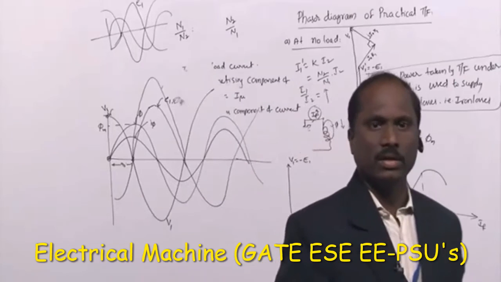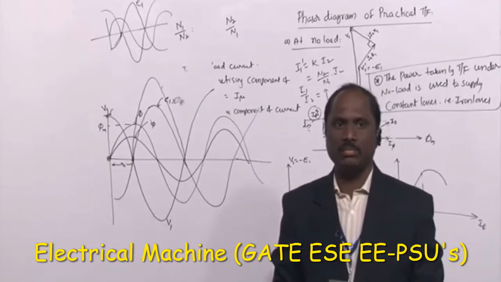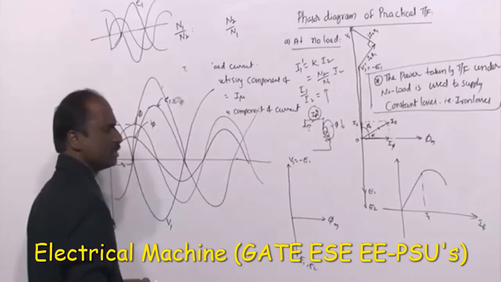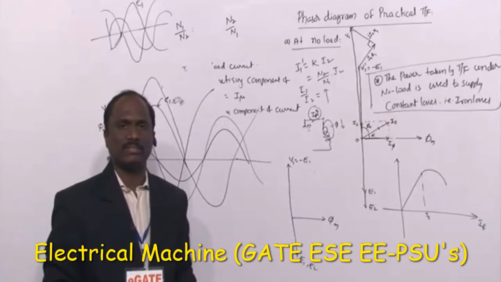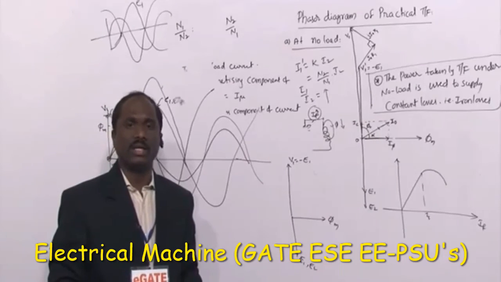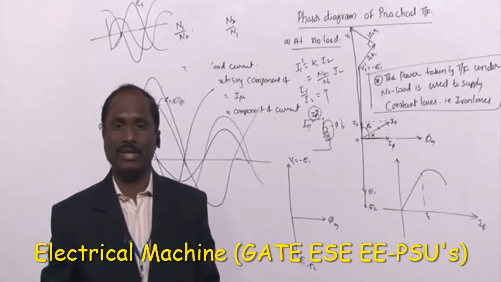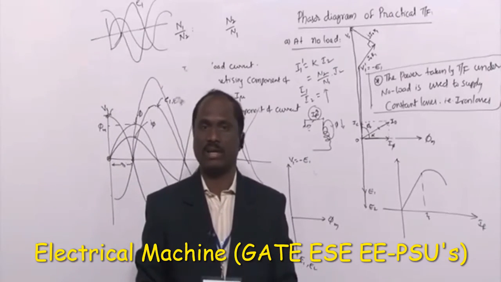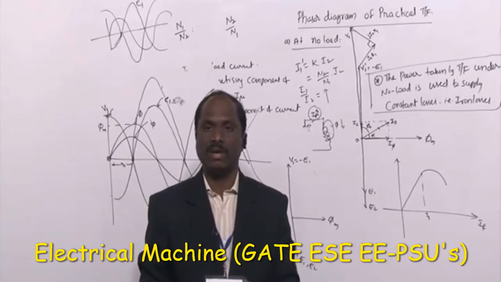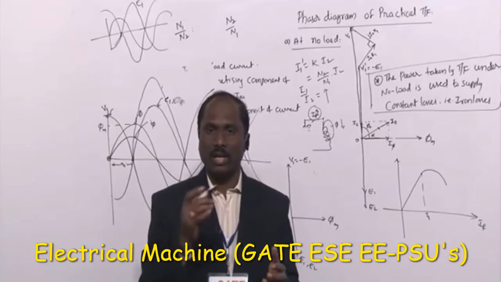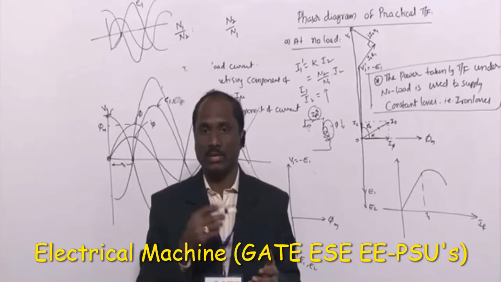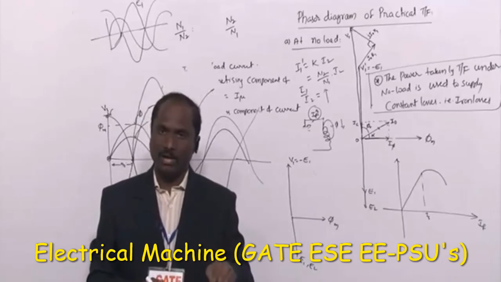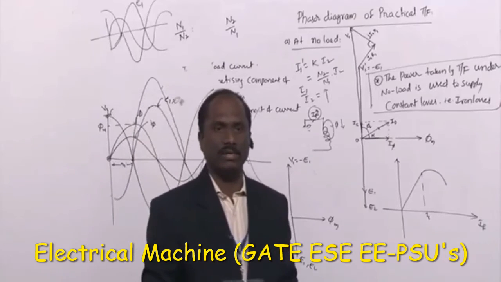Next, Anas from Indore asks: why is the magnetizing component of current much greater than the core loss component? Good question. The purpose of that current is only to develop the magnetic flux. The second thing is the core loss component, which is wasted in the form of I square R. Here we are using laminations. Once laminations are used, the currents induced in the magnetic core are very minimum. We have reduced that. That's why this component of current is less. Good. Okay, Anas from Indore.